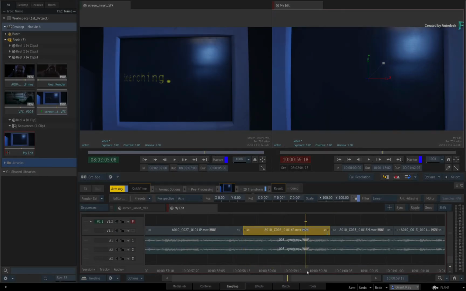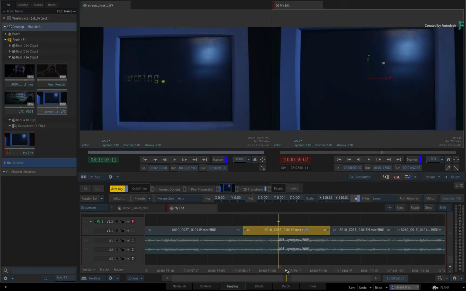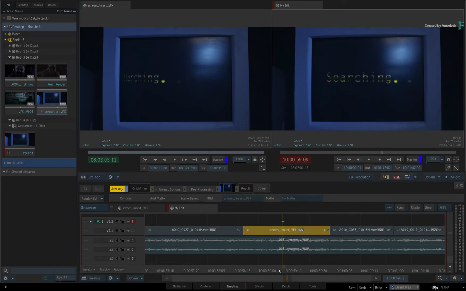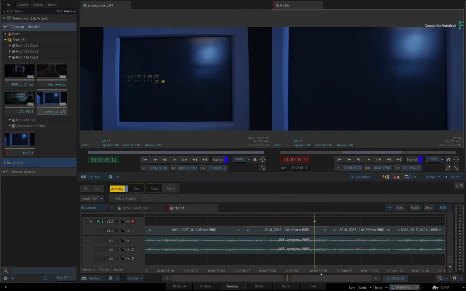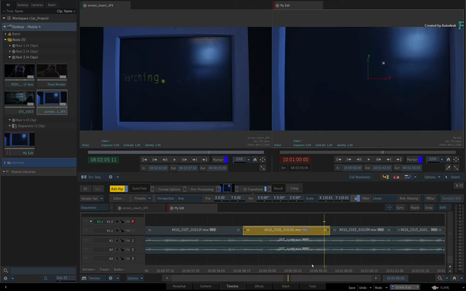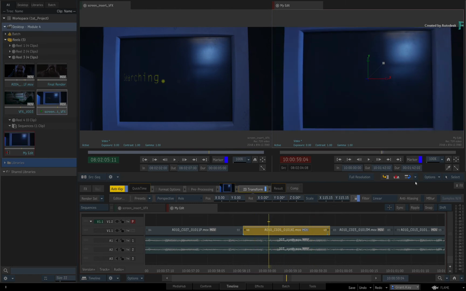Now replacing a segment or swapping a shot is very easy using the Replace Edit button or keyboard shortcut. However, when you use the Replace Edit function with or without Smart Replace enabled, the operation will replace the existing segments and wipe out any existing timeline effects. This might be what you want in a lot of cases. But if you only want to replace the source media inside the segment and keep any timeline effects applied to the segment, you need to click the Edit